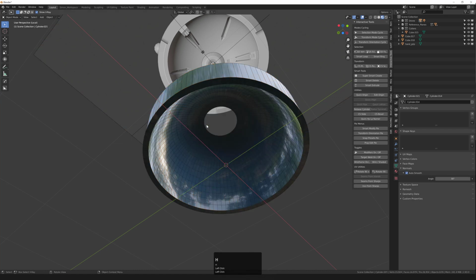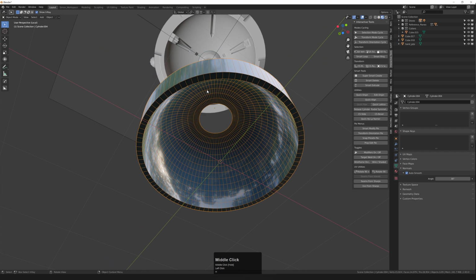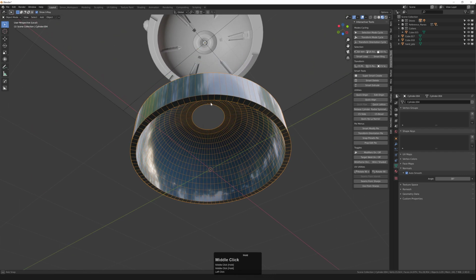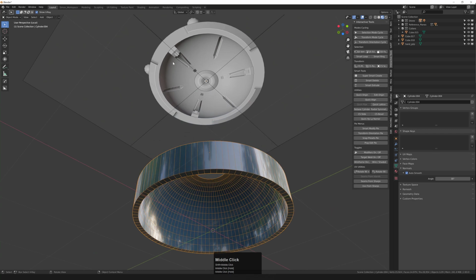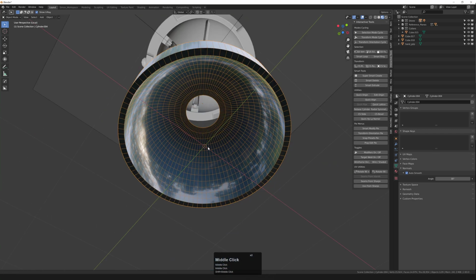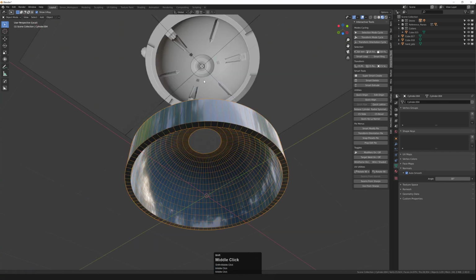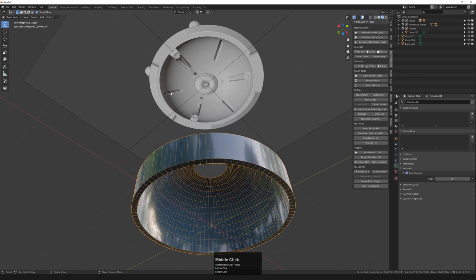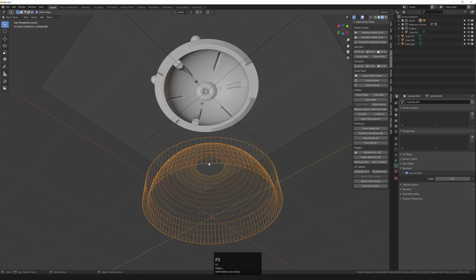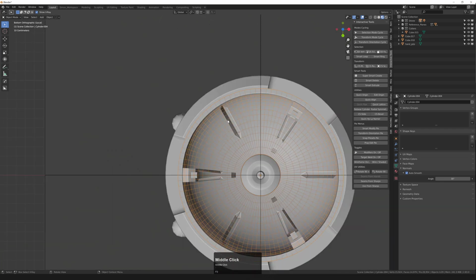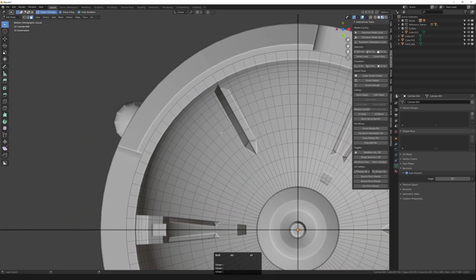Let's hide these two pieces in the center and focus on the walls. Walls, just like the other stuff, is going to be 3 pieces. You can see piece 1, piece 2, piece 3. And what we're going to do is identify where these cut lines are, and the cut lines are here. So go to wireframe, go to bottom view, go to face mode, and then we can do a